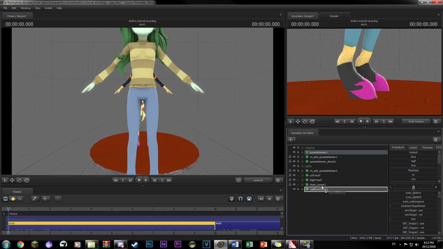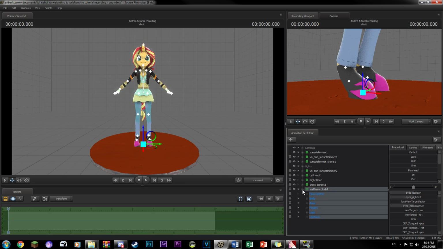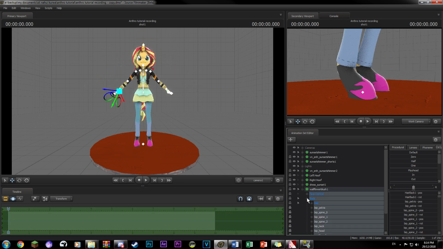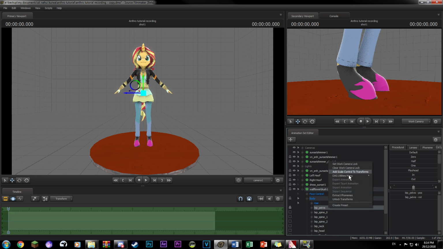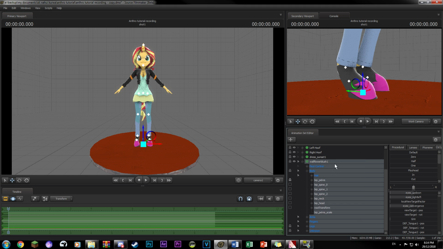To do this, we need to lock the Wallflower model to the Sunset model, using the zero slider on all the bones and flexes and such. And because we don't need anything above the legs, we can unlock everything above the pelvis bone and then size down the pelvis bone to 0. Turn off the shoes on the Wallflower model body grips because they'll most likely clip through the legs, and then add override materials to the model.